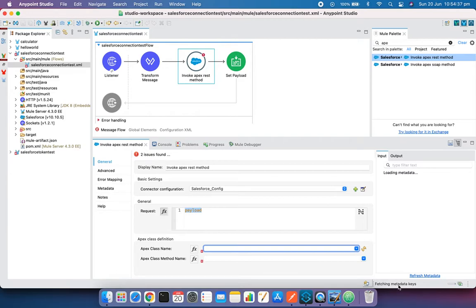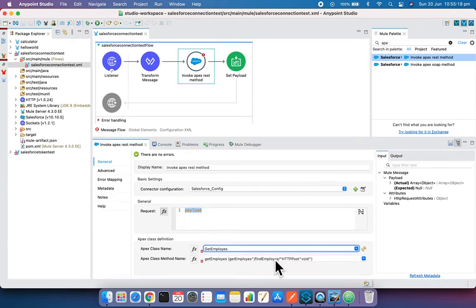Right, so I'm waiting for this operation to end. So it's fetching the metadata from Salesforce. Here, get employees, and inside the get employees Apex class there is an Apex class method, and the name of that method is get employee. And there is a specific pattern that you need to use when you specify the value of this method. So I recommend refreshing this list so that you get your Apex class and the method here,